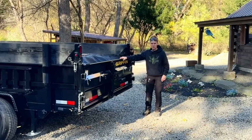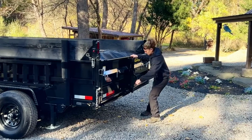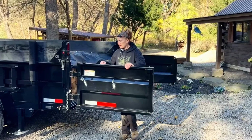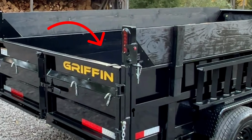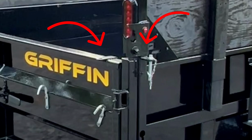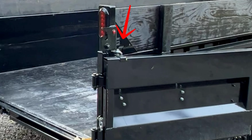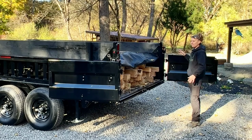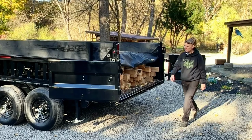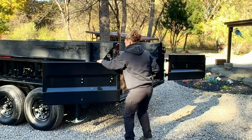So let me show you how these doors work. They work two different ways. The barn style way is you just open this latch, you swing the door open, swing the other one open. Now on the door, it's got a bracket with a hole in it, and on the trailer side, it also has a bracket with a hole in it. You line those two holes up, you drop that pin down in, and you lock those in, so when you go to lift the load up, you don't have to worry about these doors swinging all around and getting bent or getting ruined. So then when you're done, you pick the pin back up, you swing the door back around,